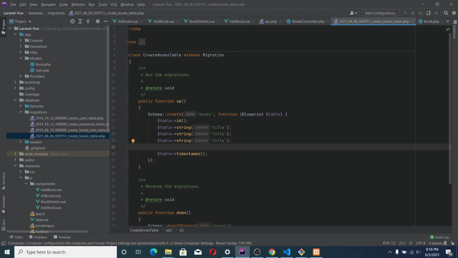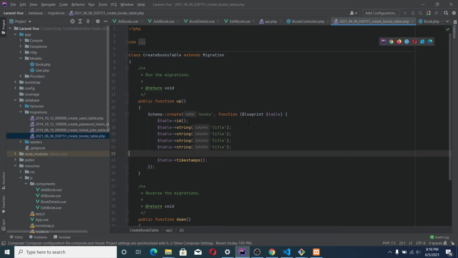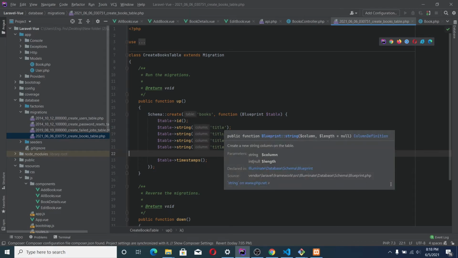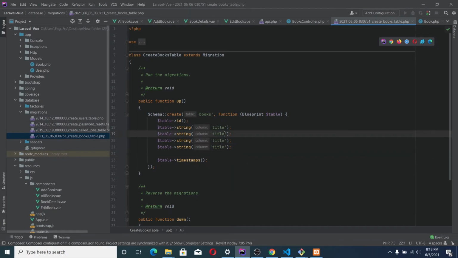Paste a couple of them. Okay, so here we are going to have book code. Here we are going to have the book author, and here we are going to have the description.